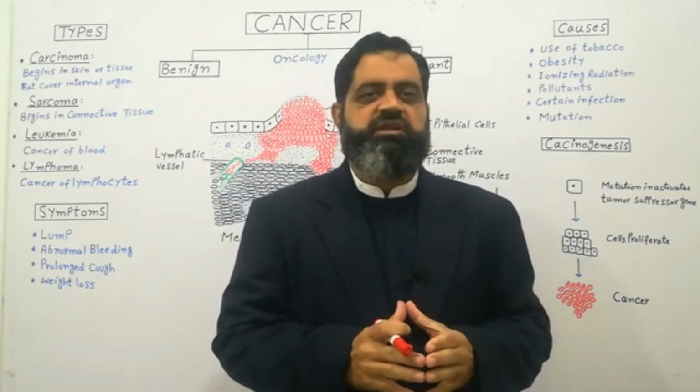Suppose the process of cancer has started under the skin. There is one cell under the skin, and this cell has broken all the checks and controls of mitosis, and mutation causes it to divide. This cell starts dividing and produces a lump of cells, as you can see in red color. This lump of cells is known as carcinoma. It is a tumor, which could be benign or malignant.